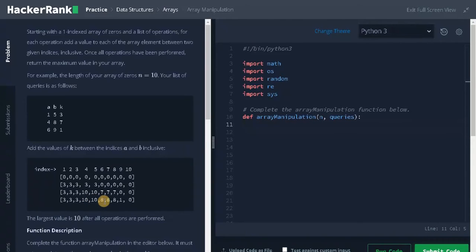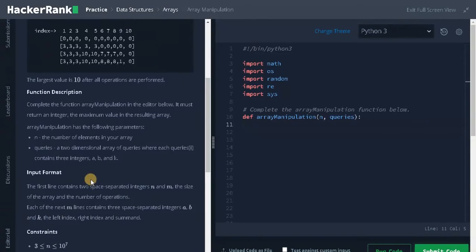The logic given in the question is quite straightforward. If we follow this approach, it will definitely exceed the time limit. If we perform the addition operation for each of the indexes, it will take a long time and the number of queries is also very large. So in order to avoid this time limit problem, we will be updating the indices for the starting index and the ending index. After that, we need to compute the prefix sum of this array. If we perform these operations, we will minimize the number of updates. We will get the same result as the brute force operations, and we also avoid the time limit error.